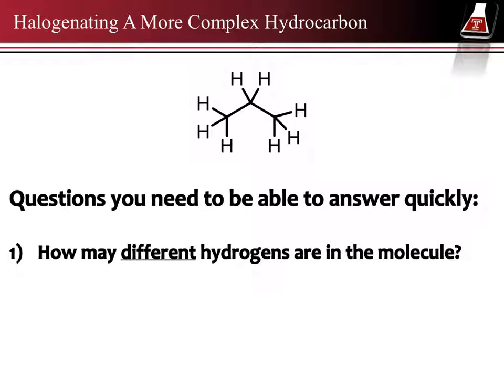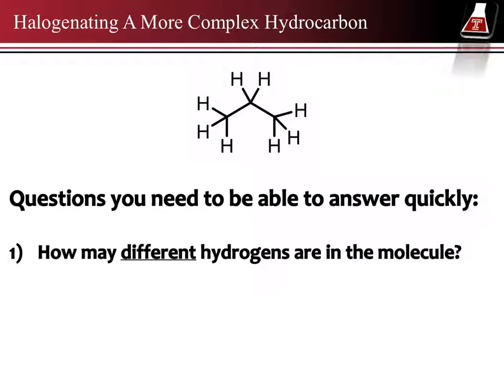Basically, I want you guys to be able to answer 3 questions very effectively anytime you see a simple hydrocarbon. Okay, so the first question is going to be how many different kinds of hydrogens are on the molecule? All right, propane obviously has 8 hydrogens on it, but there's only 2 different kinds